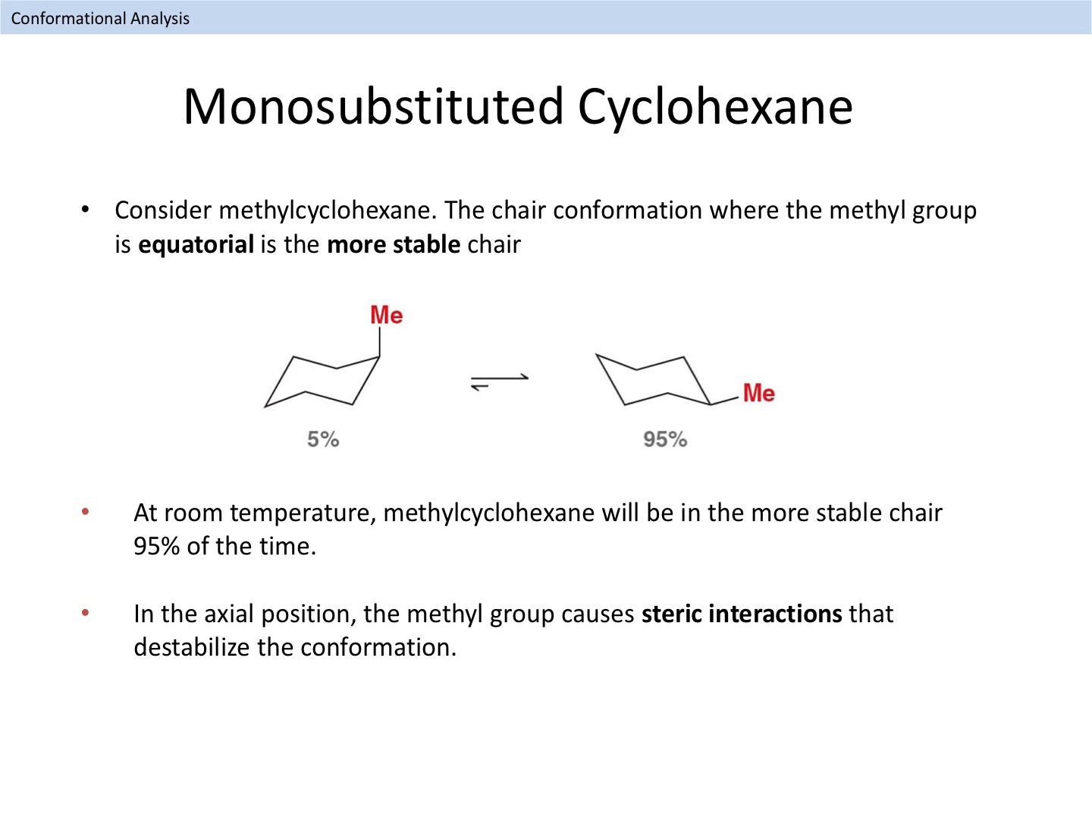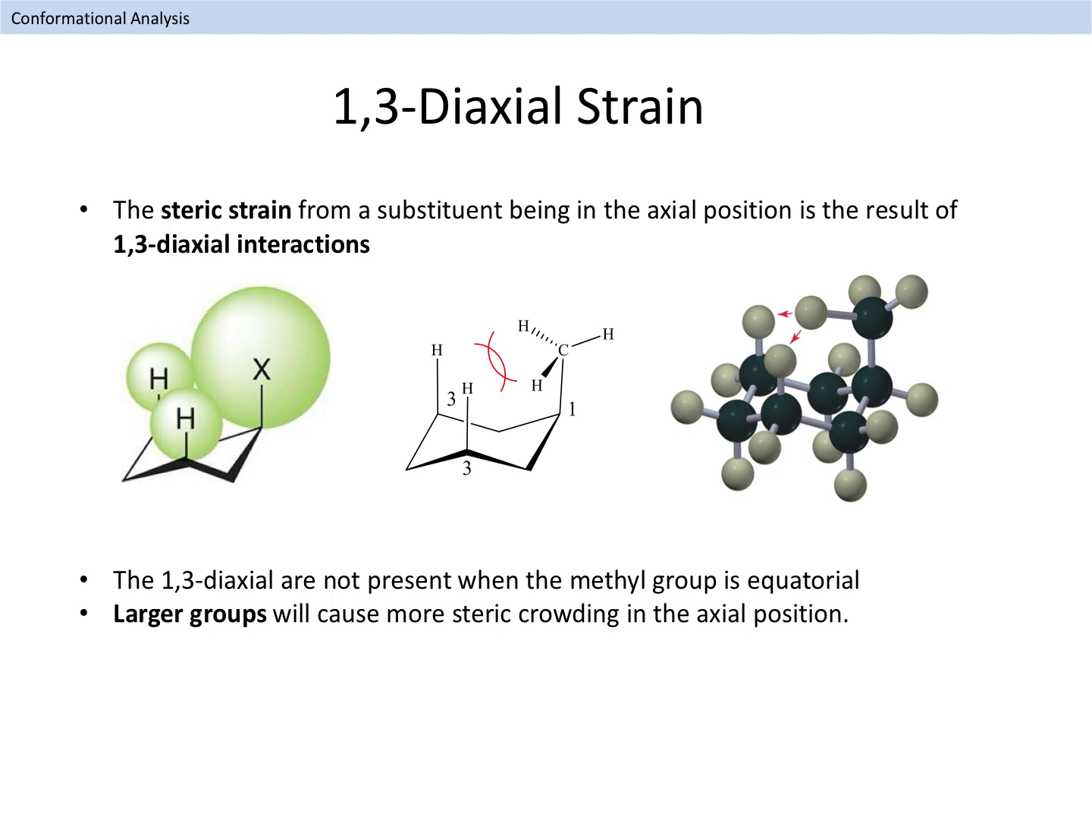Let's see how this works on the next page. When a substituent is in the axial position on a chair structure, a form of steric strain called 1,3-diaxial strain is introduced. This strain results from electron-electron repulsive forces between the three axial groups on the top and bottom faces